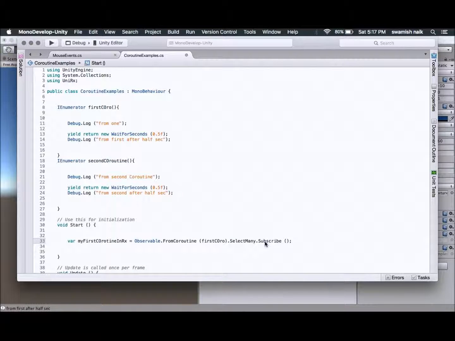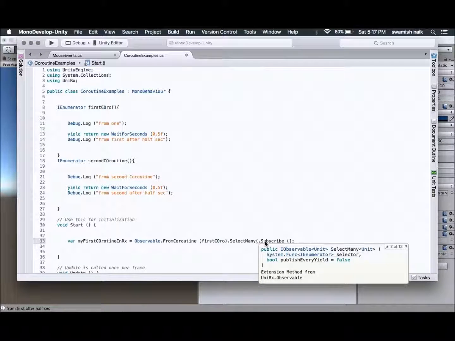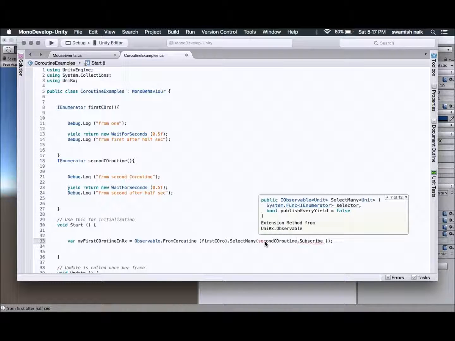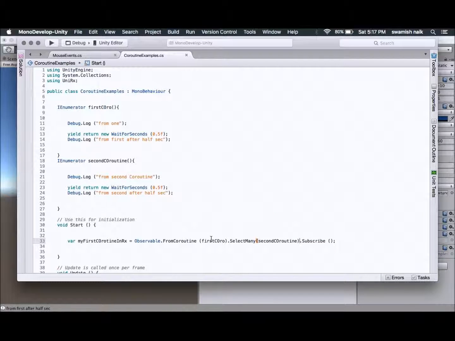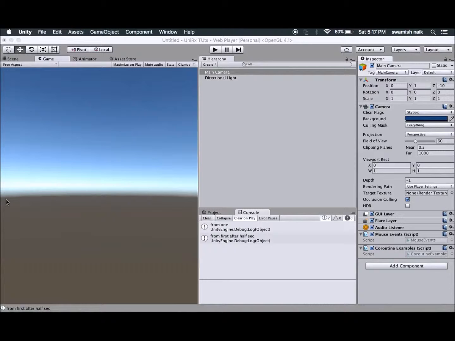It's easy to start second or multiple coroutines one after one in UniRx. So we will pass here the second coroutine. What it does is first run this code, and then after completing the first coroutine it will run the second coroutine. So let's see what the output is.